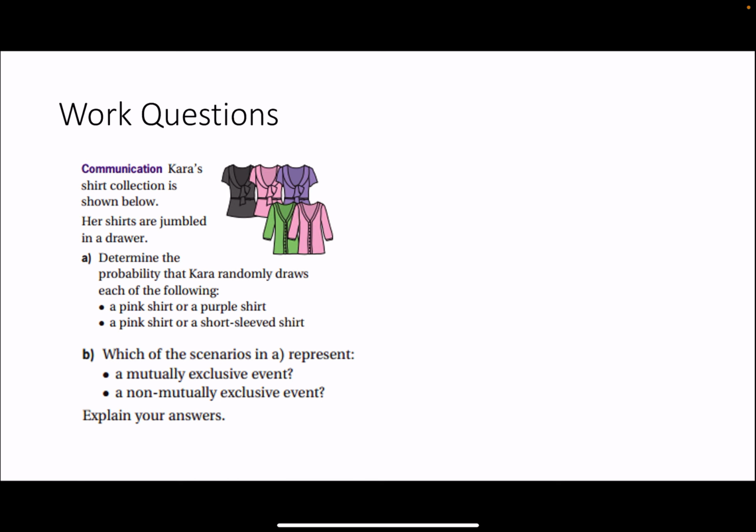Moving on, Kara's shirt collection is shown below. Her shirts are jumbled in a drawer. Determine the probability that Kara randomly draws each of the following: a pink shirt or a purple shirt, a pink shirt or a short-sleeved shirt. Okay, so you can't be both purple and pink. So let's say A,